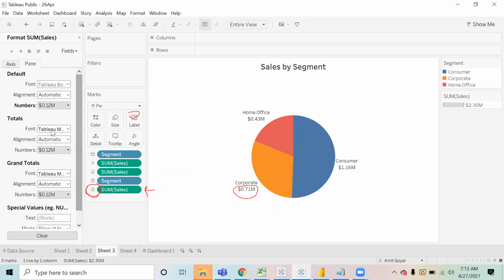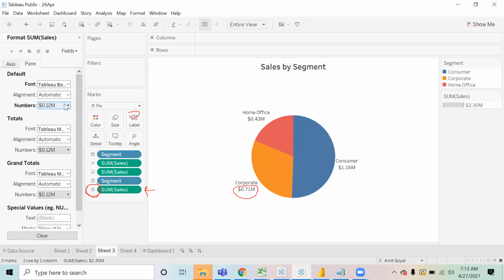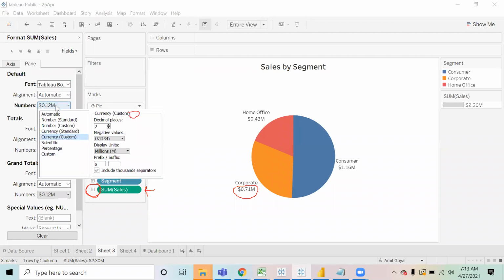The formatting pane will open up where you can do some formatting on the numbers, on the labels that we have kept. From here, if you want to change the font, you can change the font style. If you want to make it bold, you can do all that over here. Same way, if you want to change the formatting of the numbers, you can click on this. Over here, you have the number format, currency, standard. So you choose currency custom. From here, you will find the option display units. If you want to display the numbers in the form of millions or thousands, you can choose that from here. And you can choose the prefix; the dollar sign will come by default. If you want to put another prefix, you can do that also. Okay. Thank you.